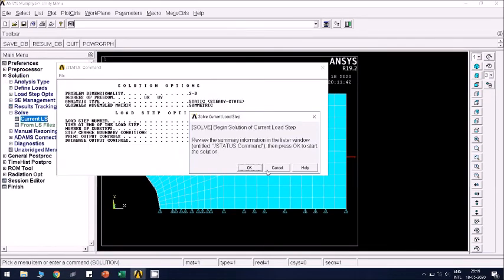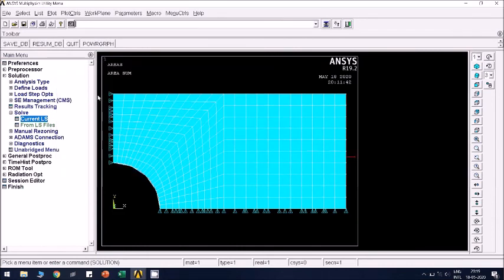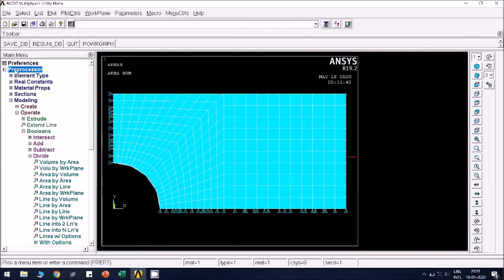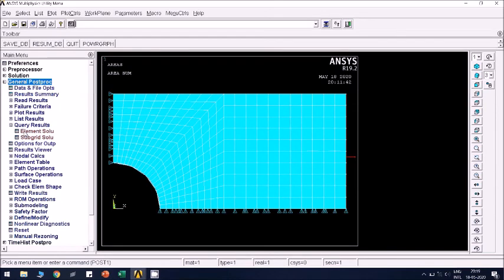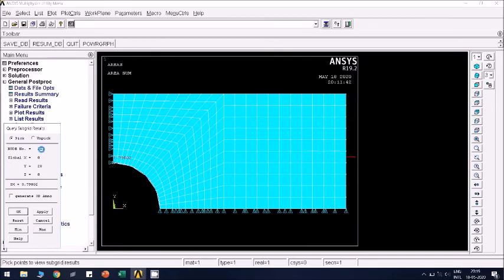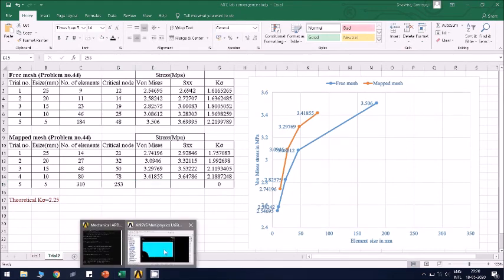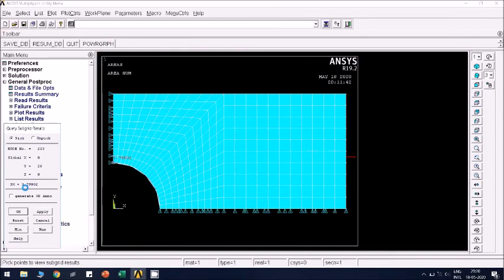Solution is done. Close this. Go to general post processor, subgrid solution, Sx value first at the critical location, 253. 253 is a node number, and value of Sx is 3.79802.